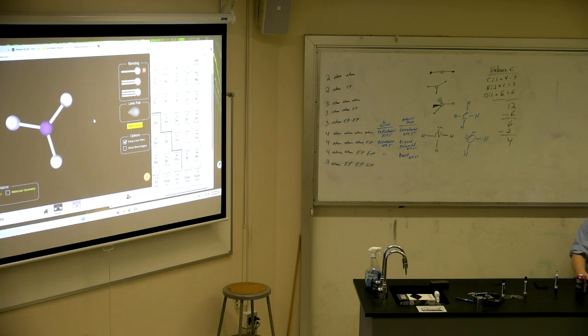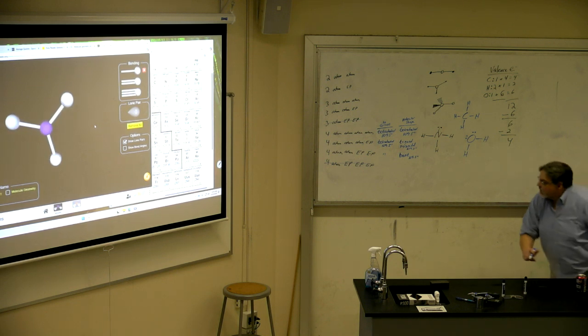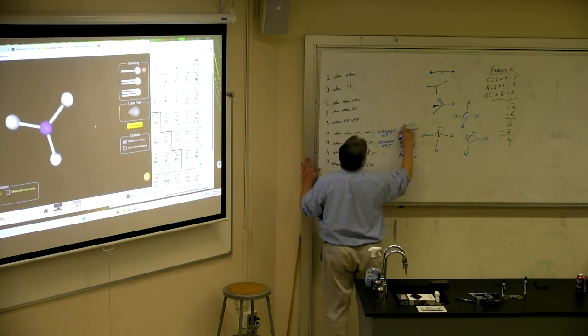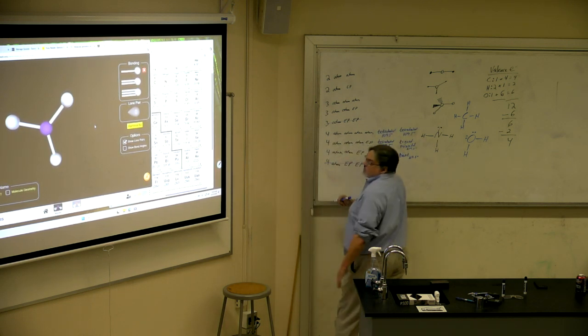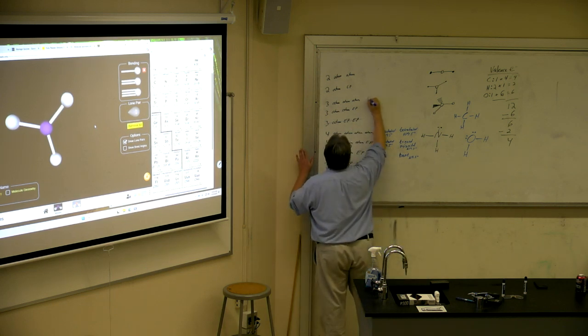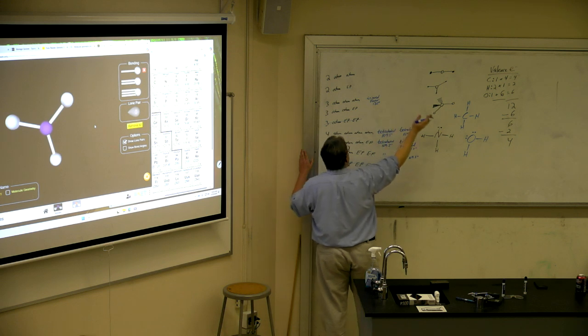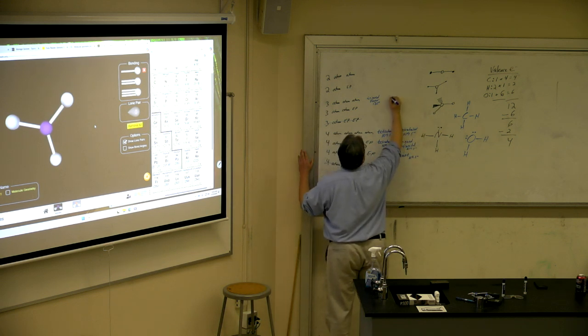Did I erase it? I did. All in one plane, shaped like a triangle. Trigonal plane. That's this one. And what was the angle? 120 degrees. So that's this first category, but there's no pairs of electrons to ignore, so the molecular shape is